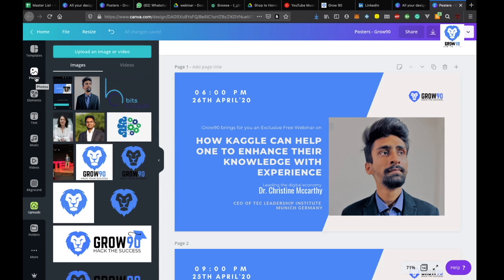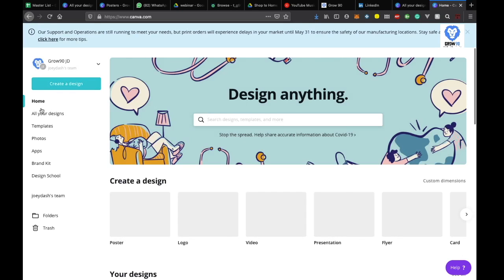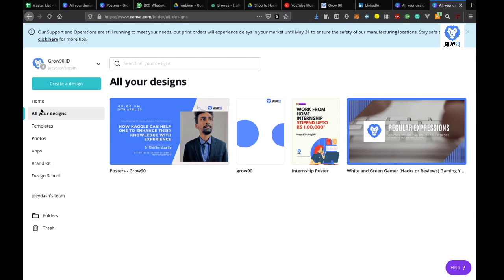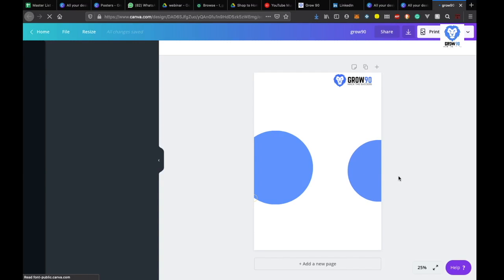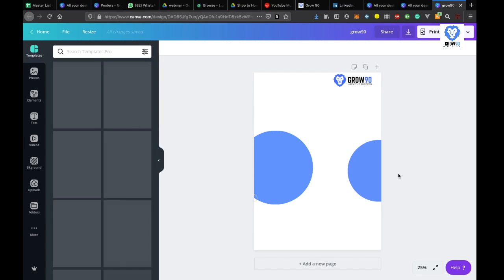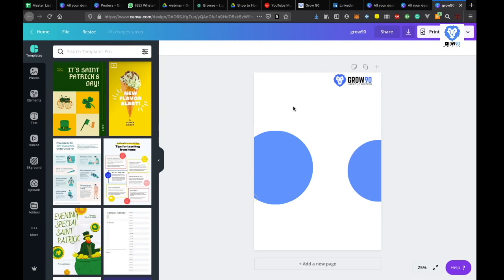And there are other options. If you want other posters, for example, this was for YouTube. Now if you want it for Instagram, you can select the other designs. In my case, the Instagram design looks like this. So the design is available here. You can paste your photo and a little bit of text and easily make your poster.